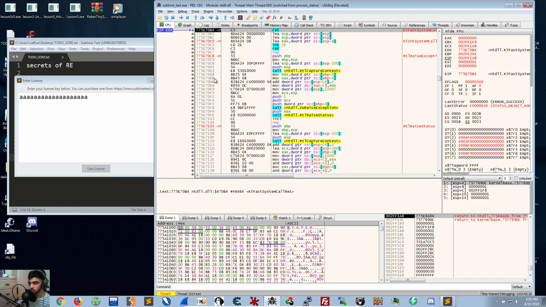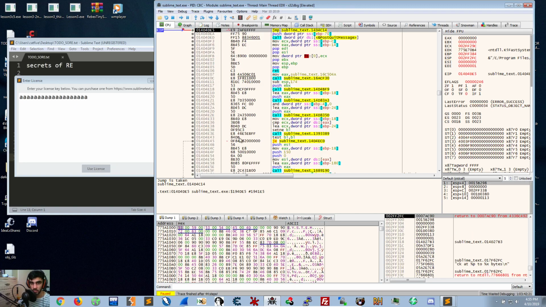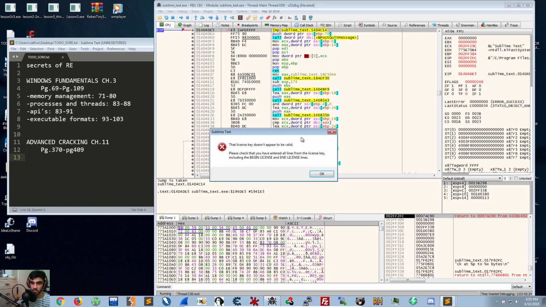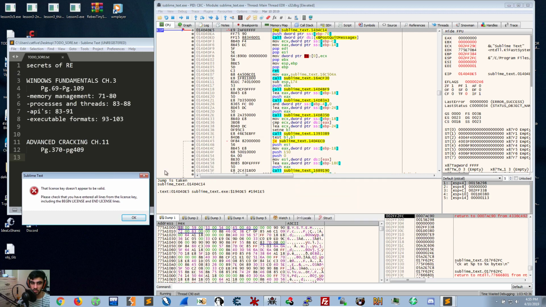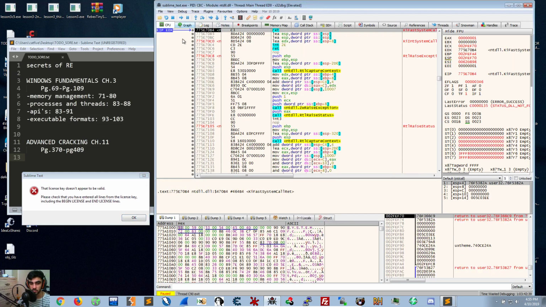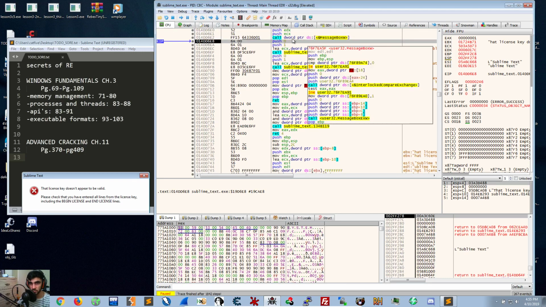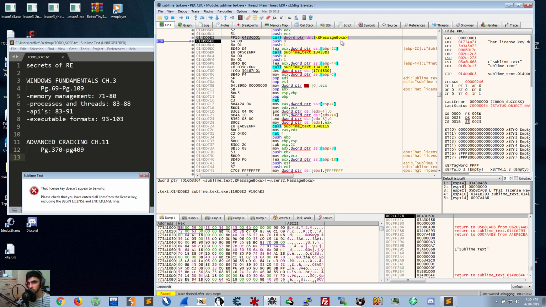We're going to do Alt F9 again. In this case it didn't say running, so that means we can't use the program because it's paused. So I will just run it and then click on use license, and then we get the error message. So I'm going to hit pause there, then I'm going to go Alt F9, see that it's running, click OK, and it brings me to this section here. We could see that there's a call made to message box, so if I put a breakpoint there, it could